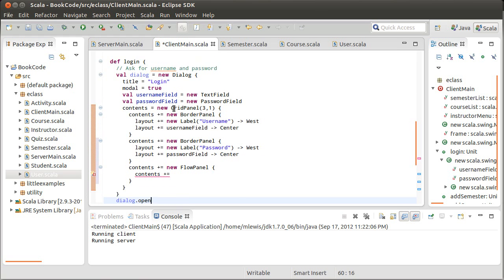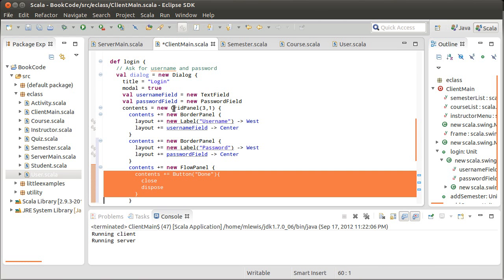The first one is going to be the Done button. So what happens when you click Done? Well, I definitely want to close the window, the dialog, and I want to dispose of it. It's always a good idea. Now, for a mainframe, this doesn't matter because when you close a mainframe, everything goes away. But for all your other windows, when you close them, if you are done using them, you should dispose of them. Just like files, you're only allowed to have a certain number of windows open. I have another option here